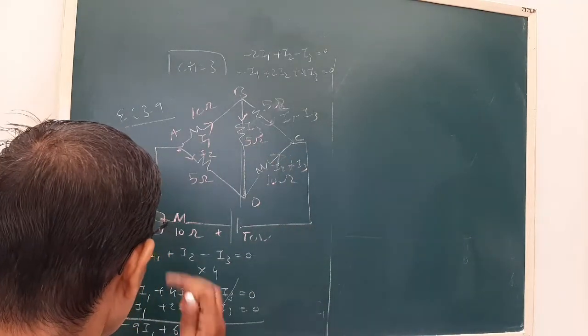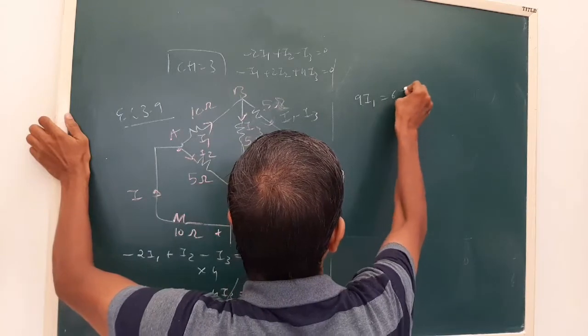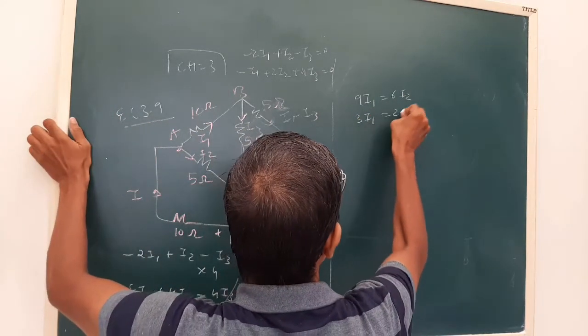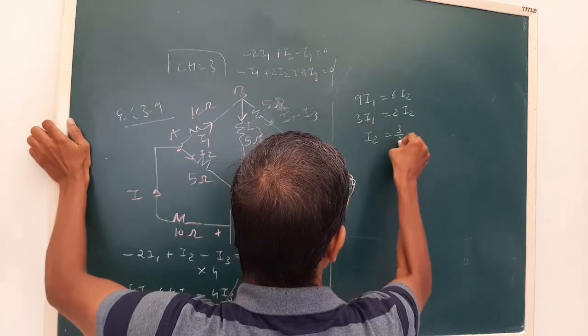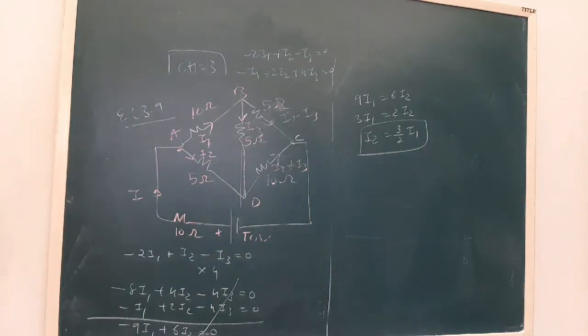That is 9I1 is 6I2. Now this will be 3I1 is 2I2. So I2 is 3 by 2 I1. So this will be useful to us. Now,